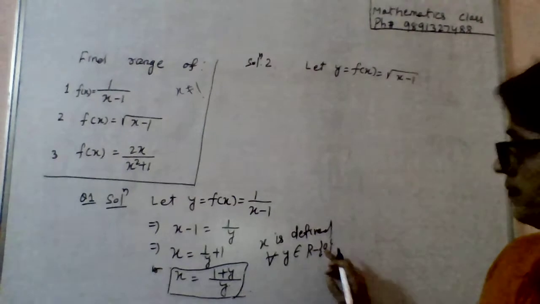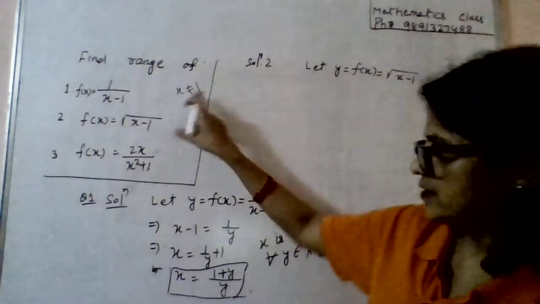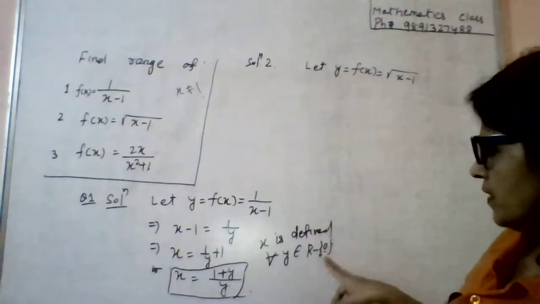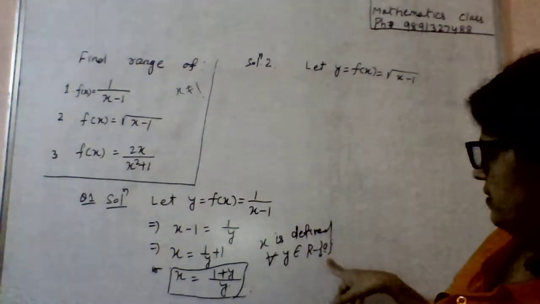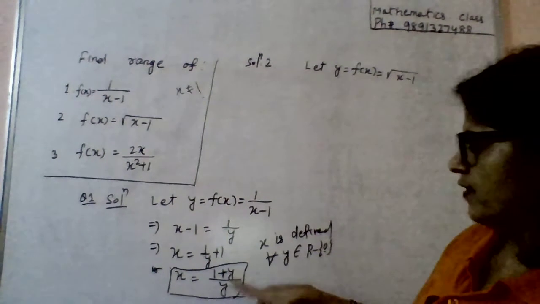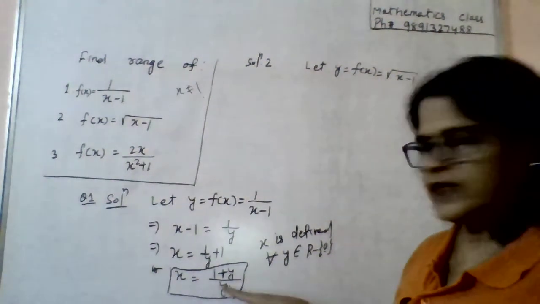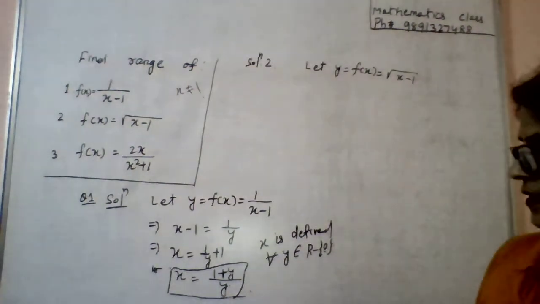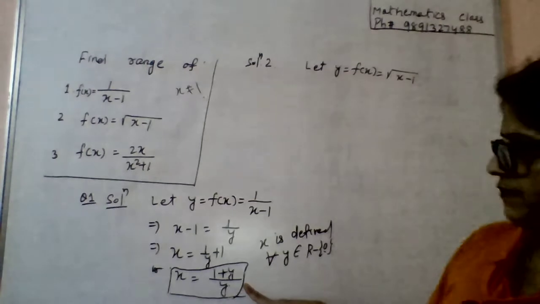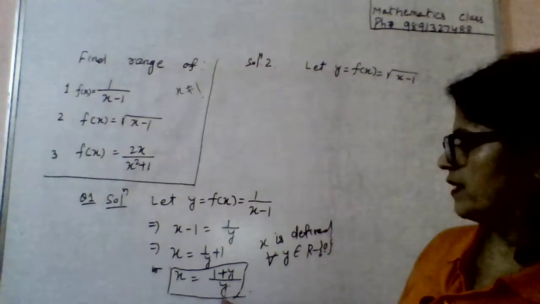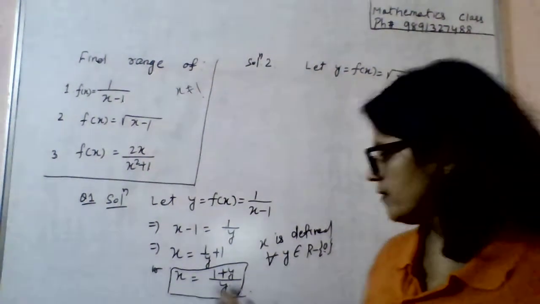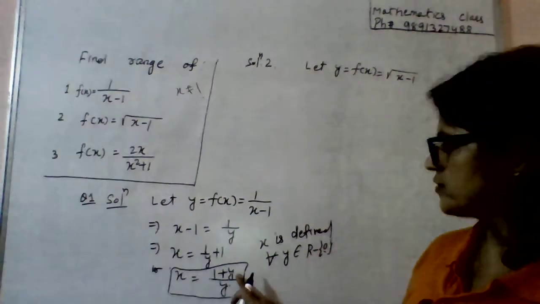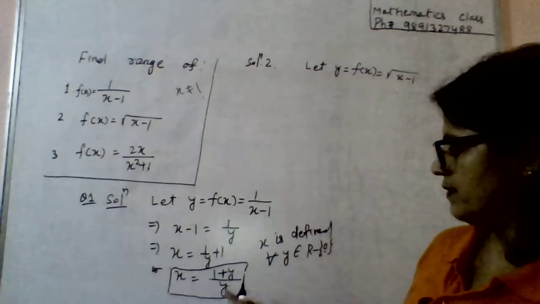Now let's examine whether we are getting x equal to 1 or not. Here you see, y cannot be 0. For any other value of y, are you getting x equal to 1? Just to check it. Is it possible that for any value of y you get x equal to 1? If you take y not 0, say minus 1, you get 0. For 2, you can just check it.